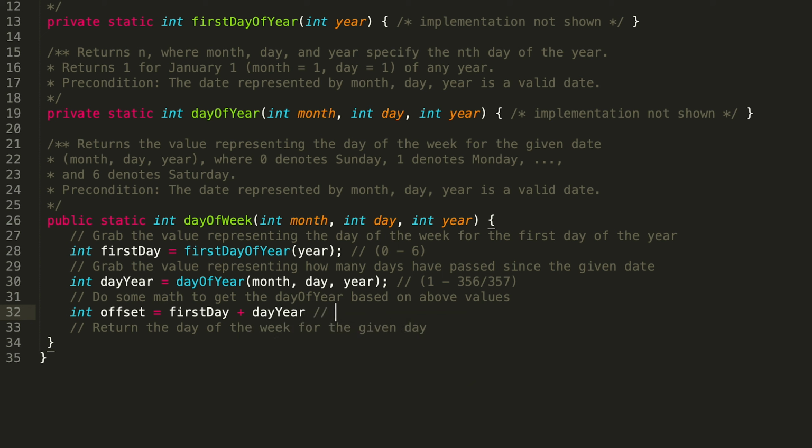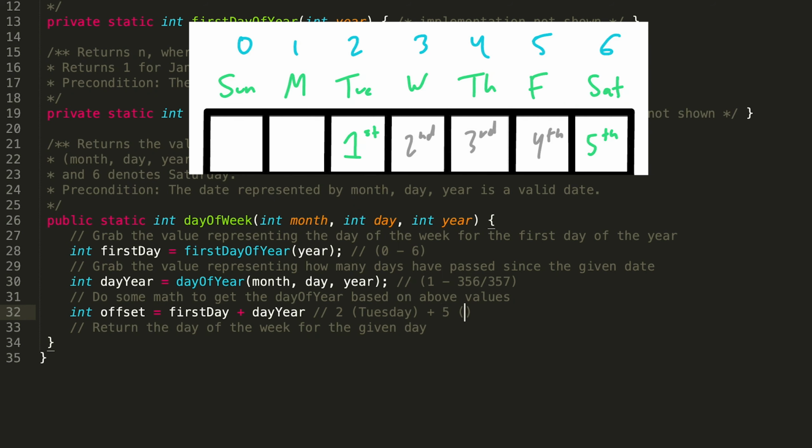If we used one of the examples from the problem here, we know that the first day of the year for 2019 is a Tuesday. Tuesday is 2, so 2 plus day of the year. Let's say, for example, we're using January 5th, which is the 5th day of the year. So now we have the offset of 5 days from the Tuesday. Only one